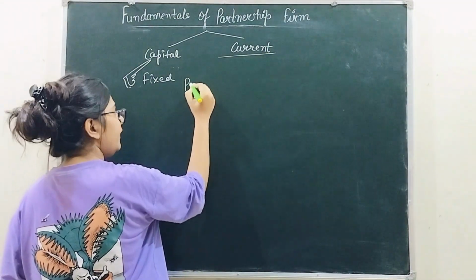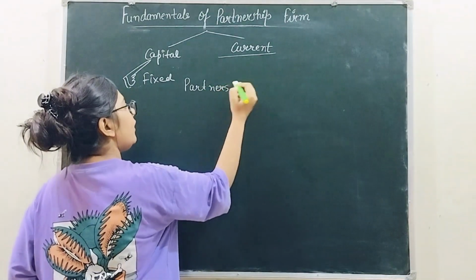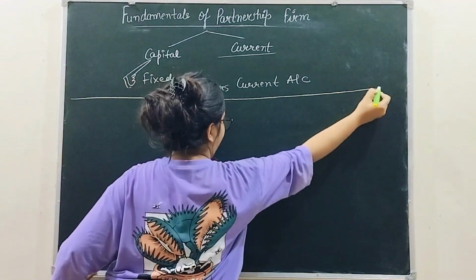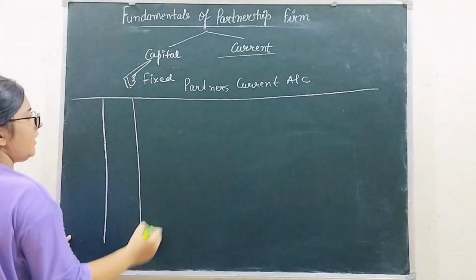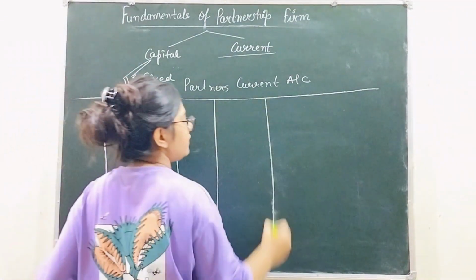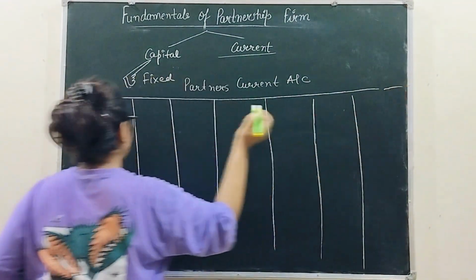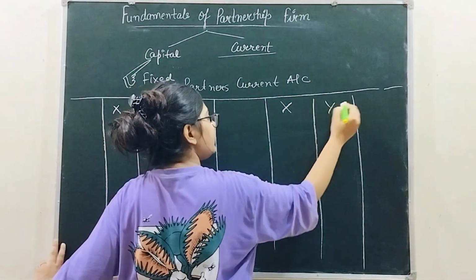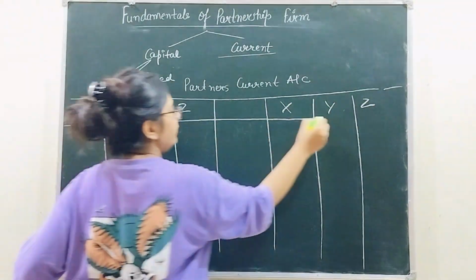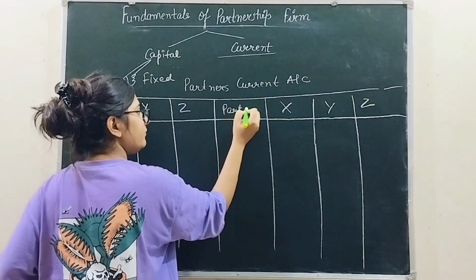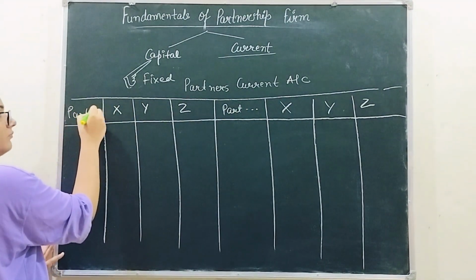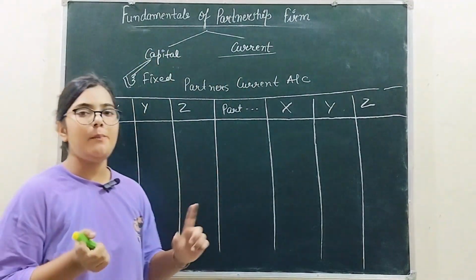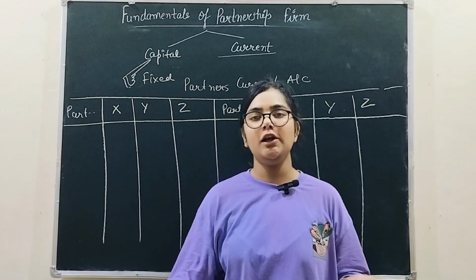तो आप हेडिंग डालोगे अपनी partners current account, ठीक है। एक्सेप्ट योर कैपिटल, आप सारी चीजें को वहां पे ट्रांसफर करोगे अपने करंट अकाउंट में। सो दिस इज योर पार्टनर्स करंट अकाउंट। फर्स्ट ऑफ ऑल यू आर गोइंग टू राइट x y z, x y z एंड यू आर गोइंग टू राइट द पर्टिकुलर्स, ठीक है।